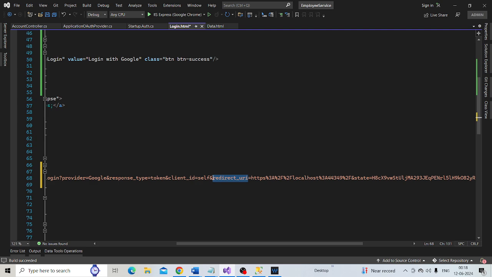So this URL is encoded here. That is the reason why we can't read it easily.